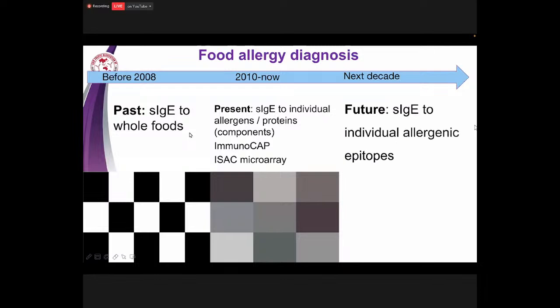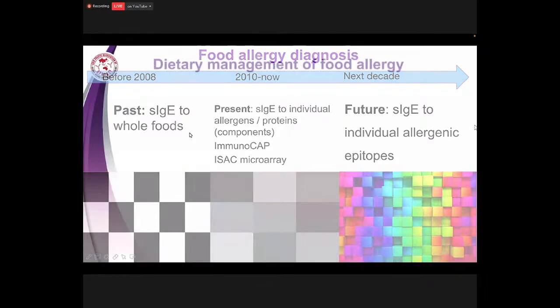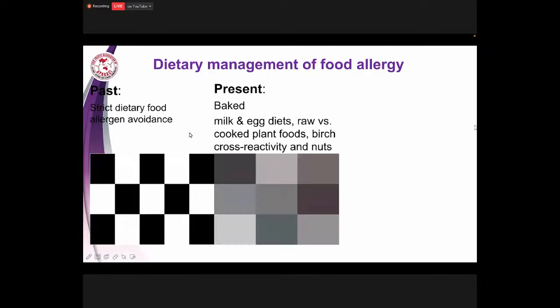And in the future, really we hope to be able to diagnose food allergy utilizing detection of specific IgE directed against the individual allergenic epitopes on the components, and this will lead to individualized management. So the management in the past was strict food allergy avoidance, so black and white. Currently, we are introducing more shades of gray, allowing patients tolerant to baked milk and egg to introduce those foods